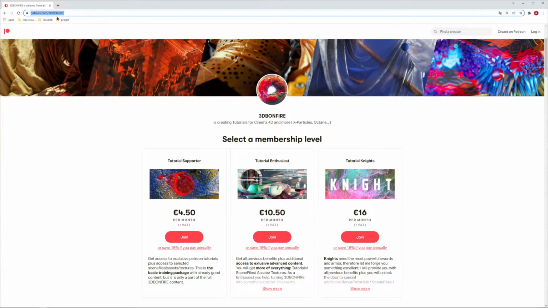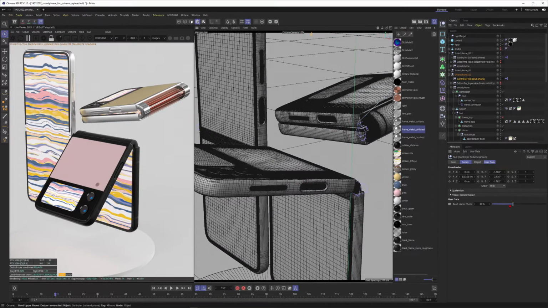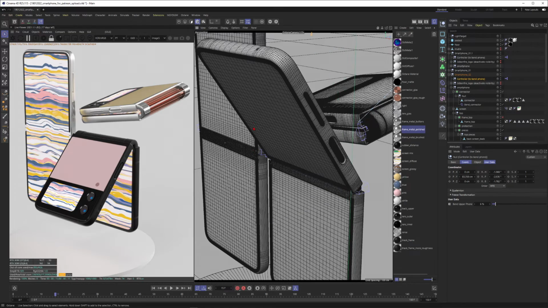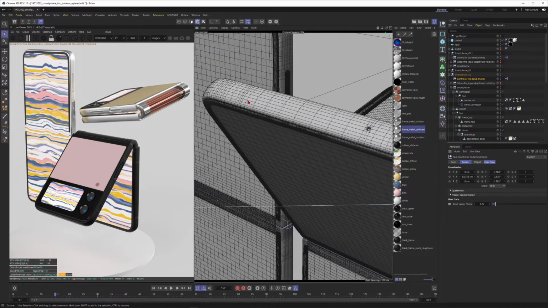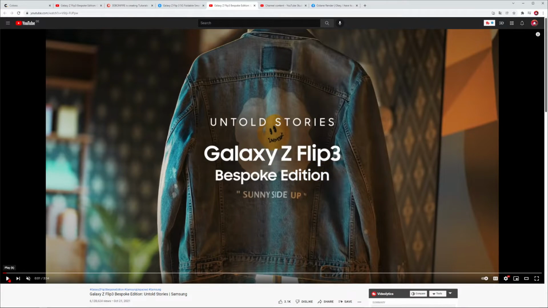This will be shared on my Patreon, of course. Let's just see, so you can easily flip this one. You can open it and close it. This will help us in animation, of course. And as I said, you will get this model on Patreon. But of course, there will also be a lesson on how I built this one. Anyway, let's not talk too much about modeling, because I think what's more interesting will be what we try to